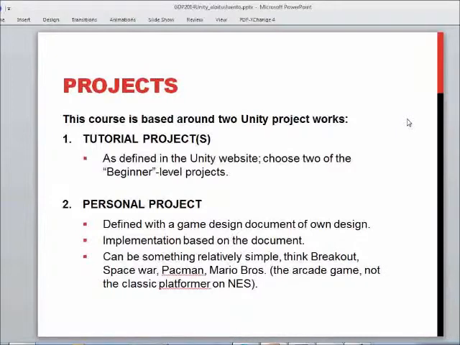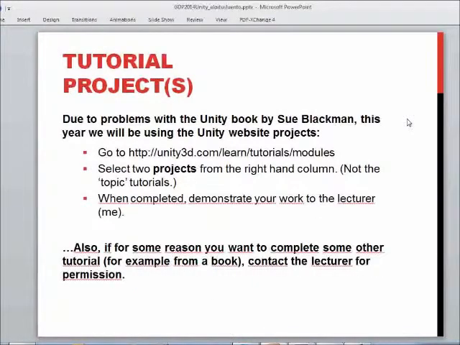We are implementing something like Breakout or Space War or Pac-Man or Mario Bros, the arcade game, not the platformer. The arcade game, which almost no one remembers, is just about the player characters jumping on enemies and throwing them away from the screen. It doesn't have any platforming stuff and that sort of thing. Anyway,